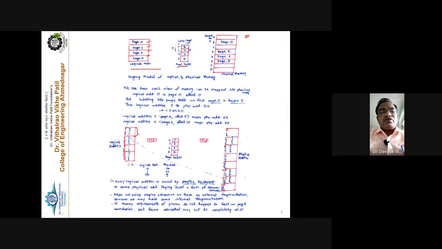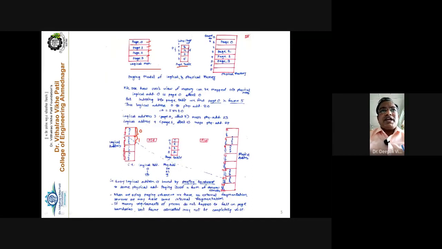Now, if we go into further depth, we can find that each page consists of 4 logical addresses. For example, this is page number 0, and page number 0 has addresses 1, 2, 3, 4. These are the 4 logical addresses in page number 0. In page number 1, we find addresses 4, 5, 6, 7. These are the 4 logical addresses in page number 1. In this way, the logical addresses belong to each and every page.